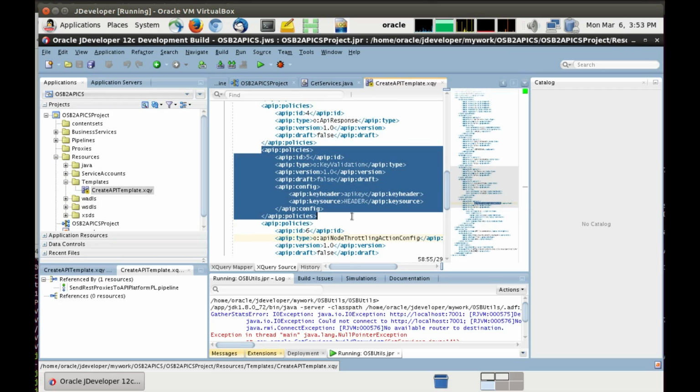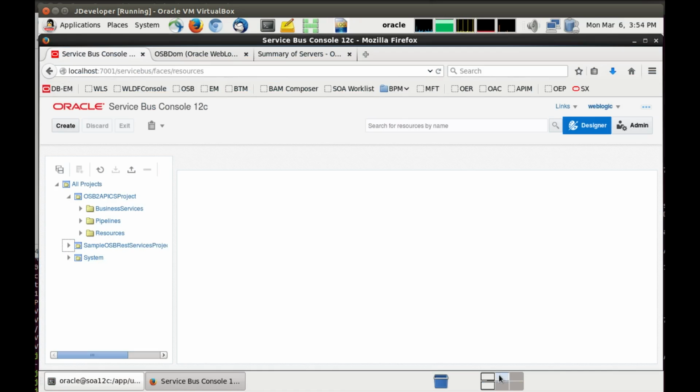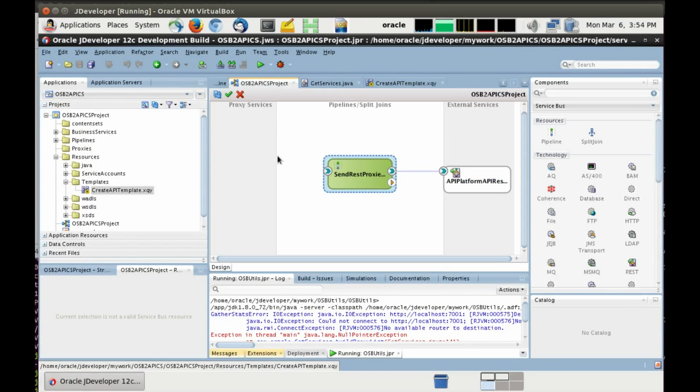This template can be used in the service bus to define how those services in the API platform should be exposed. I just did the same thing in ICS. It's much more hidden. In service bus, I use this template when I build it. After deploying this service bus process, as you saw in my SCA, I don't have anything set up to